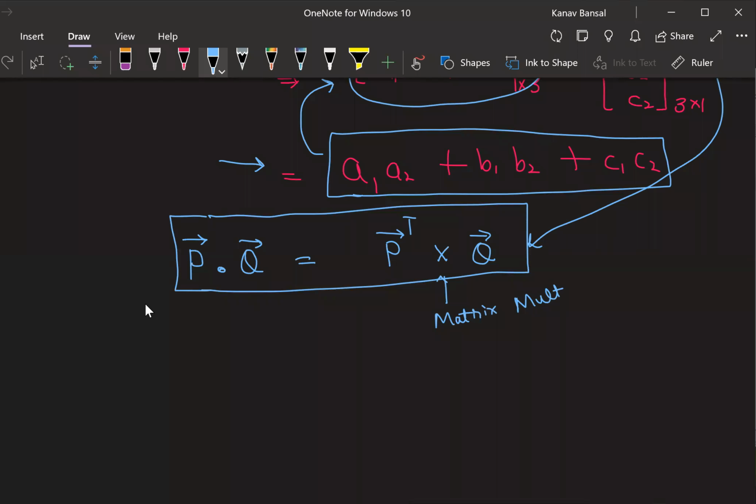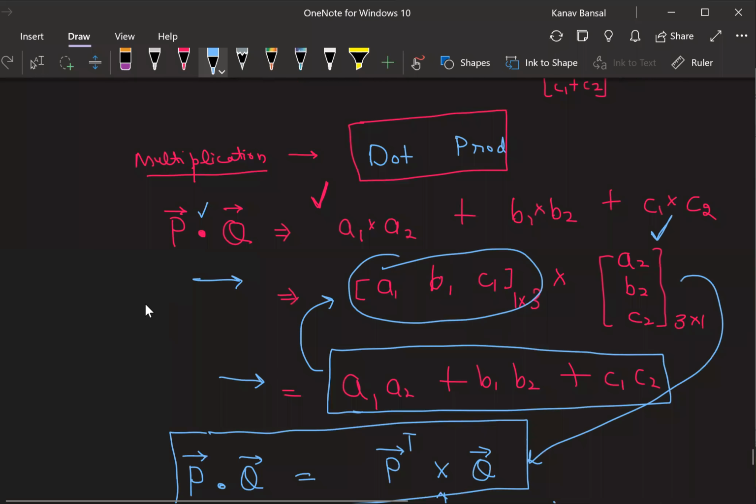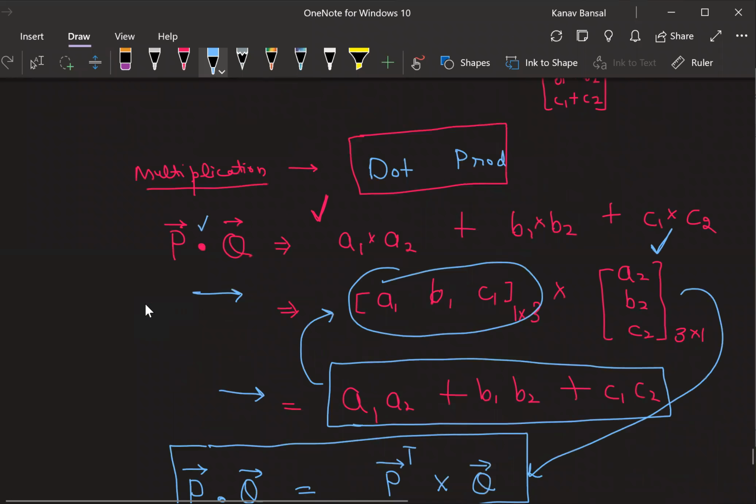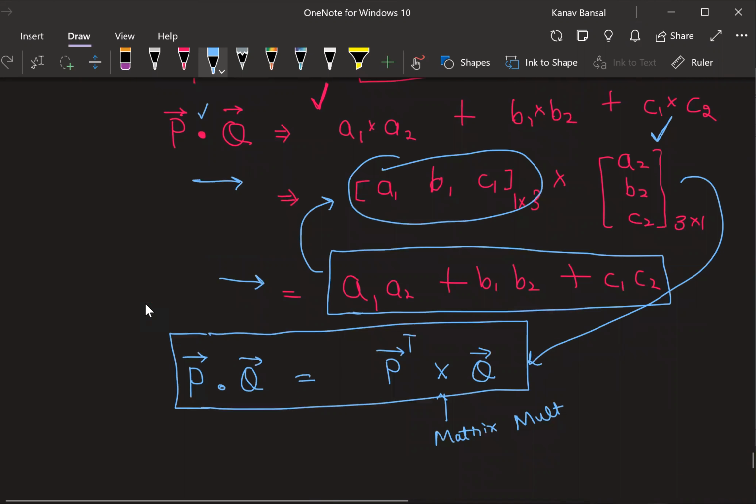Everyone understood this formula? Yes, correct, Aarti Sahu. That is a very important observation. If you try to multiply these two vectors, you are going to get a single value, a scalar, not a vector, right? A vector is a collection of values, whereas a scalar is nothing but a single value. Making sense to everyone, guys? Yes, 1 cross 1, which is nothing but a single value.